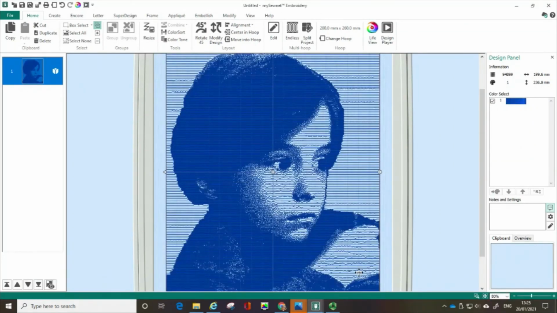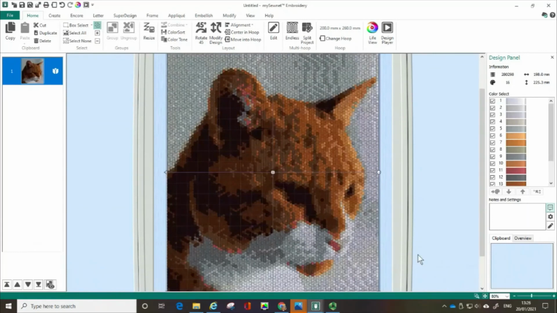Or the bottom option is for a linear photo stitch, and this is what the linear photo stitch looks like. And again, the linear photo stitch is one of the most simple ways to essentially embroider a photograph, and you can see our stitch count is much lower than some of the other options I've showed you. And of course, finally, and in some ways, most importantly, it doesn't just have to be people that you're featuring in terms of your photo